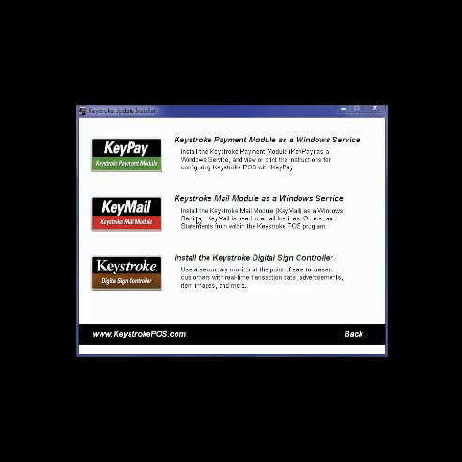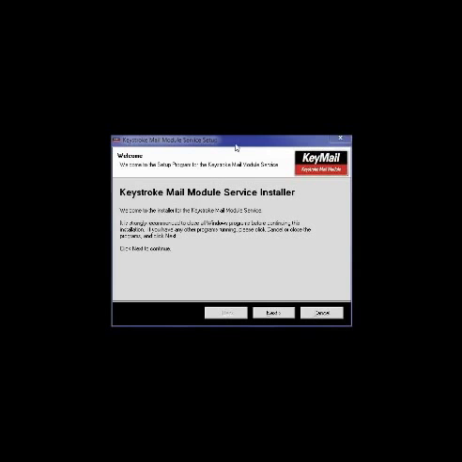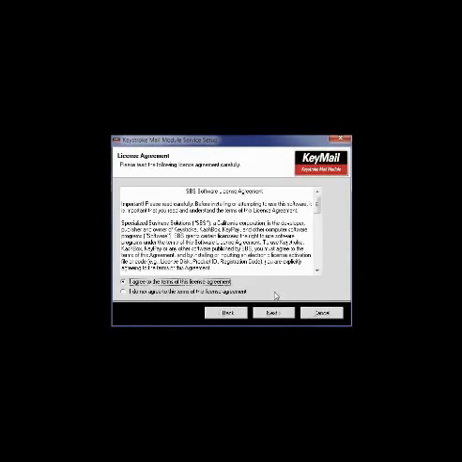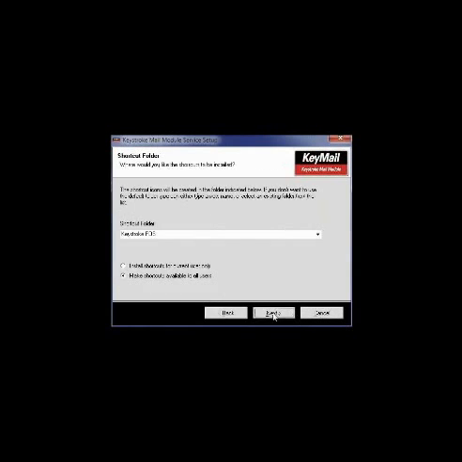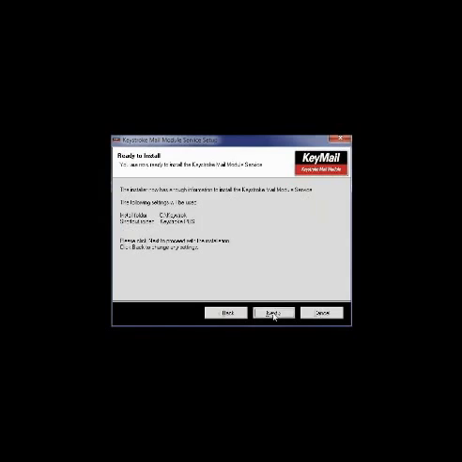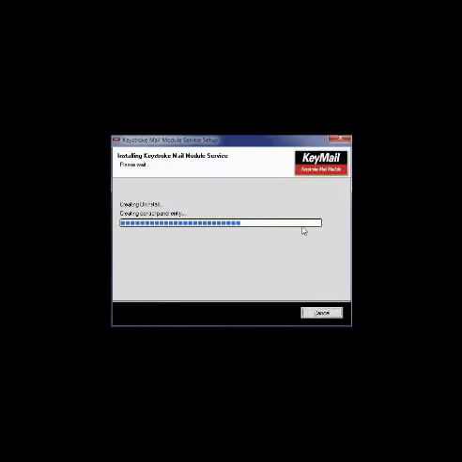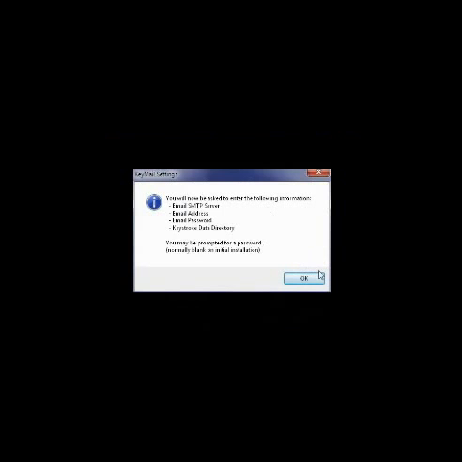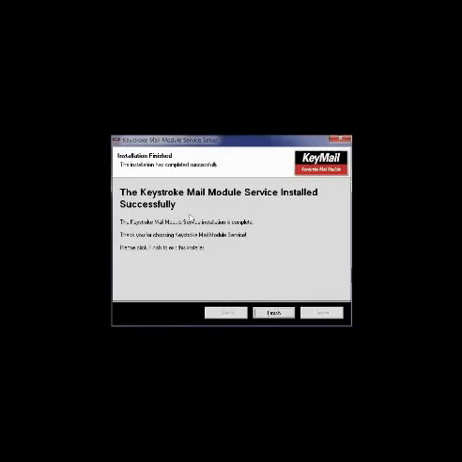There's the Keystroke mail module, service startup, and I can go in and just run the install, do the usual stuff here. I'm going to install this to Keystroke, and I say next. If you haven't seen all these screens and need some help with this, please give us a call. I'm going to quickly go through the settings. We already went through this, I think, in the previous Keystroke Live. Then it says it's done. You say finish, and now